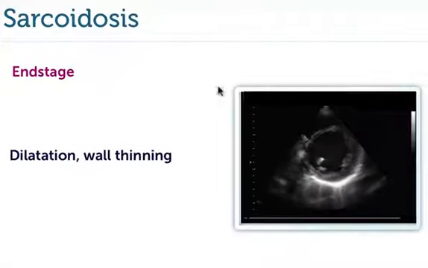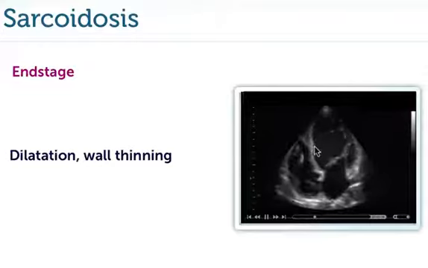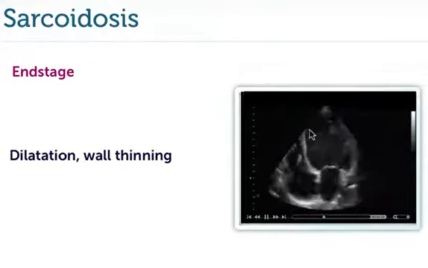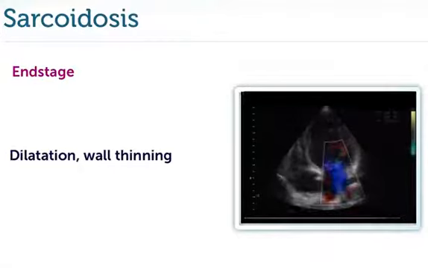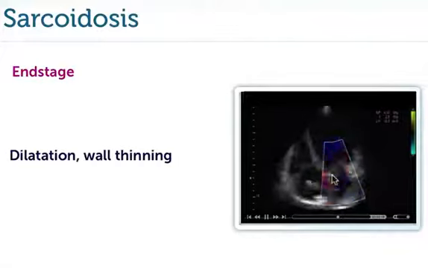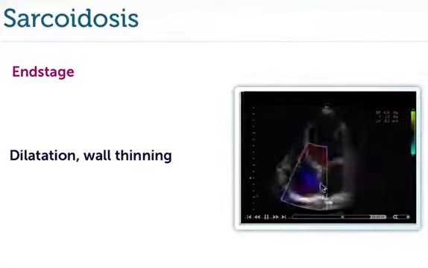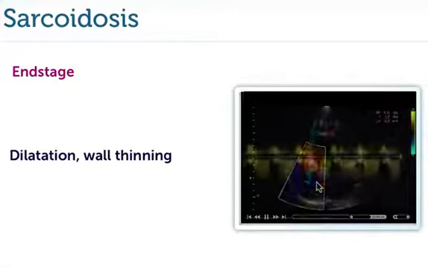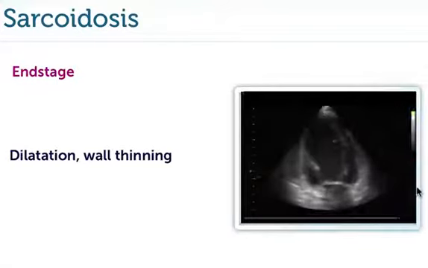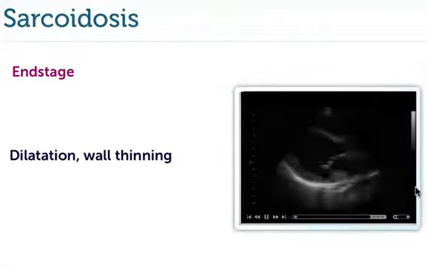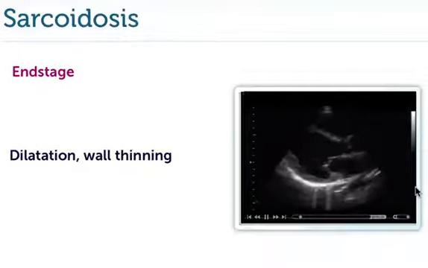You can see the patient has severely reduced left ventricular function with a very thin septum, very similar to a patient who also has dilated cardiomyopathy, some degree of mitral regurgitation and also aortic regurgitation. The patient also has a pacemaker because of conduction abnormalities and significant tricuspid regurgitation with pulmonary hypertension. So in the end stages, a very severe disease, and this patient actually died only shortly after this echocardiogram.